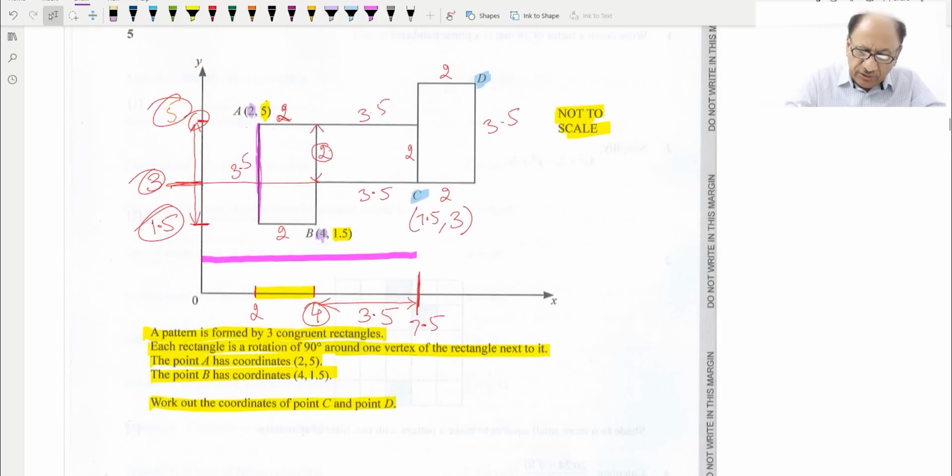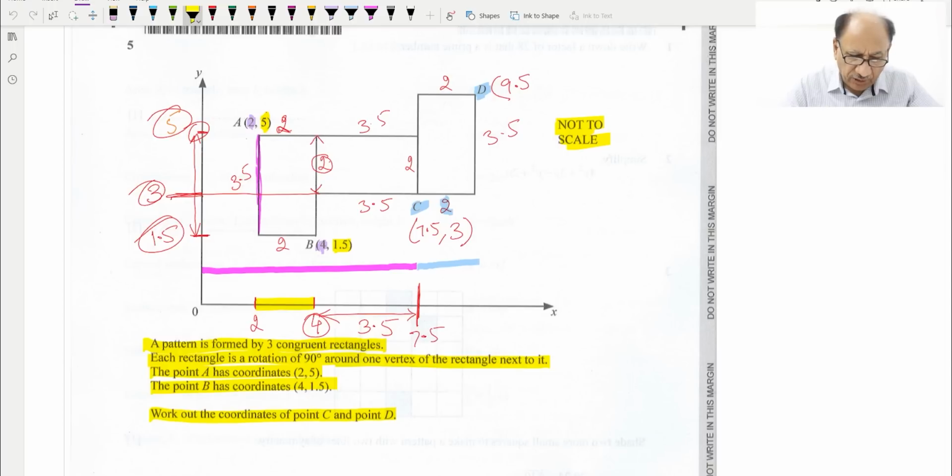Now for D, the coordinates of D: we will be adding on the x-axis this length, which is 2, to the C x coordinate, so it will be 7.5 plus 2, which is 9.5. This coordinate will be 9.5, and then we have to add 1.5 in the y coordinate. So if we check the y value, up to this level